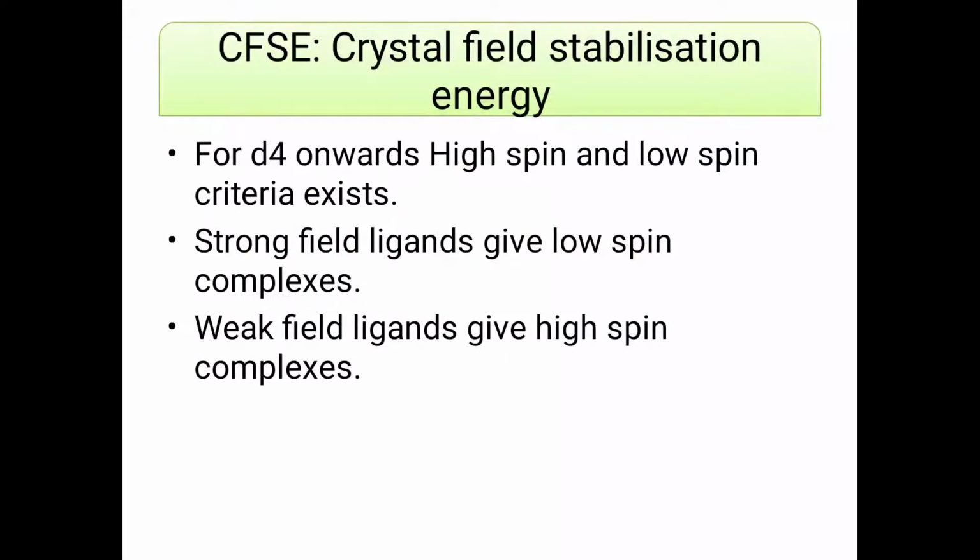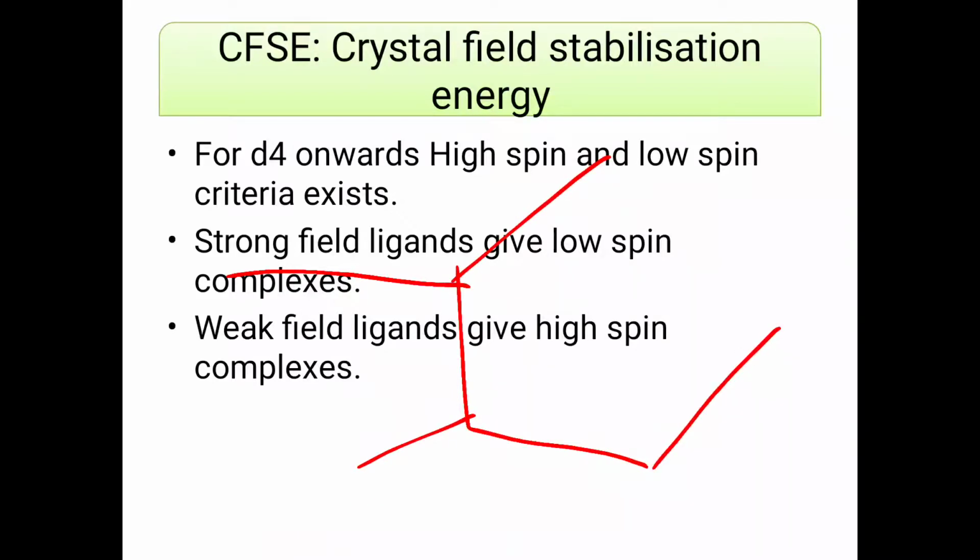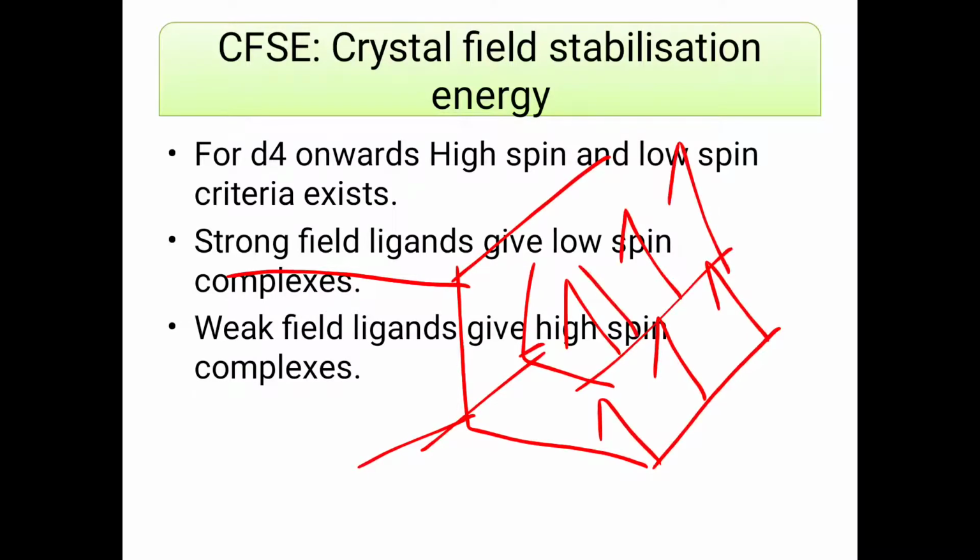After that we have the d4 complex, and it has 2 criteria. First, when you have a high spin ligand. Second, when you have a low spin ligand. What is high spin? When you have a strong field ligand, what you get is a low spin complex, as I told you, because strong field ligands split to a larger extent. So as a result, the electrons do not prefer to go on top, rather prefer to pair down. As a result, you get a low spin complex. But if you have a weak field ligand, the gap will be less, and the electron will prefer going up.